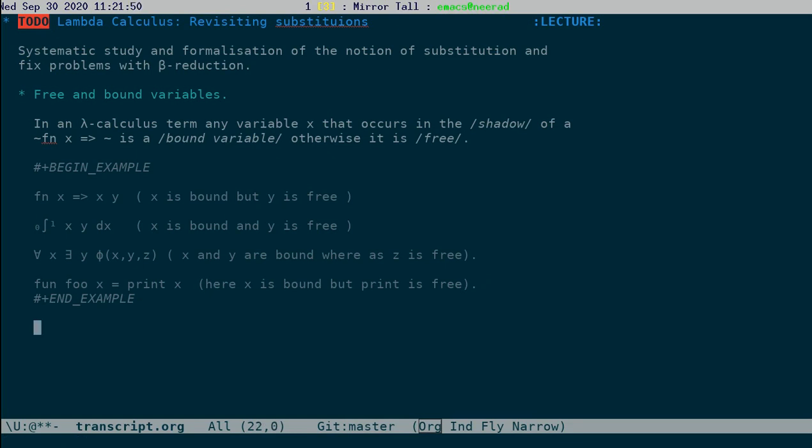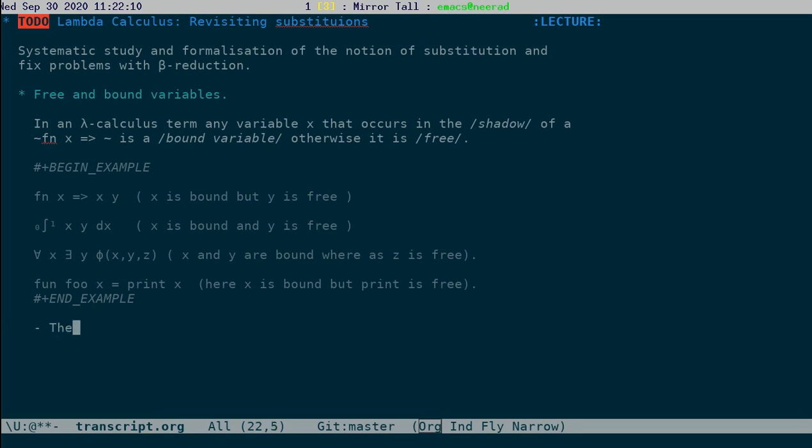So this is a very important notion that you might have already seen about free and bound variables. We can systematically define what free and bound variables are, but this is to give you an idea of what free and bound variables actually are. Okay. So two important rules.